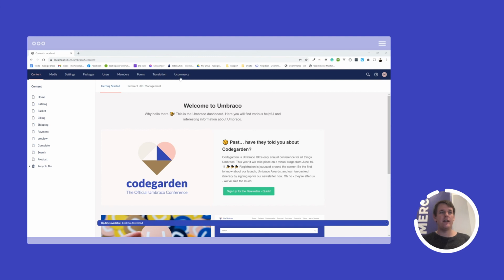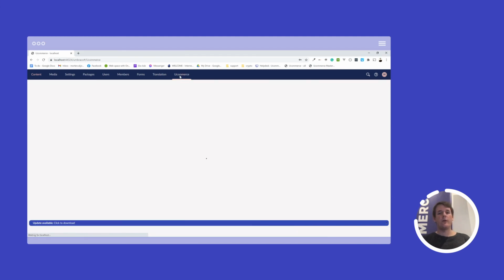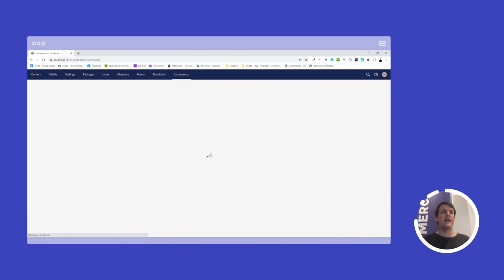So back at my UCommerce installation, what I want to do here is just create a separate catalog that we can then resolve based on our business logic by setting in the query string parameter.